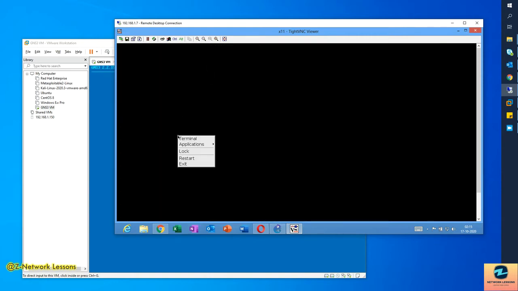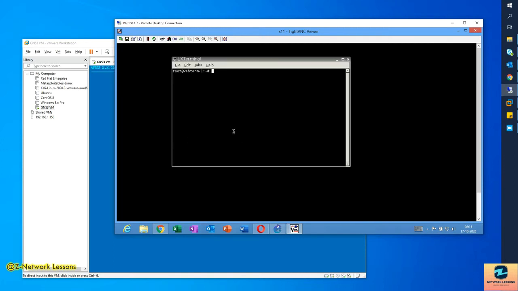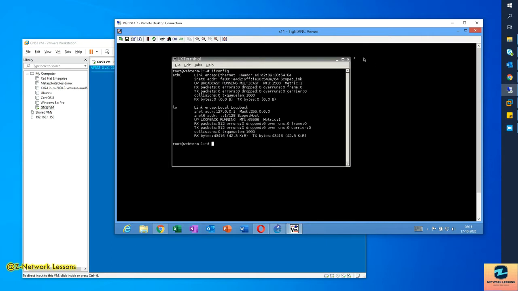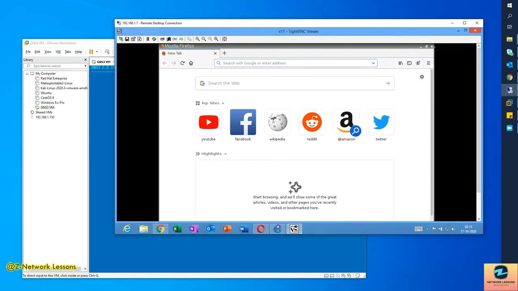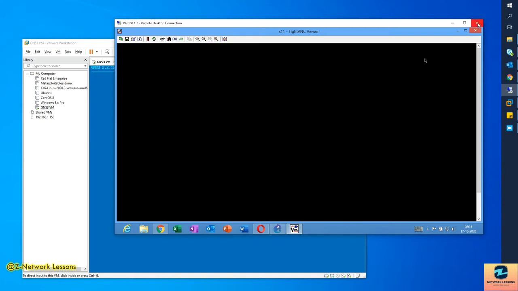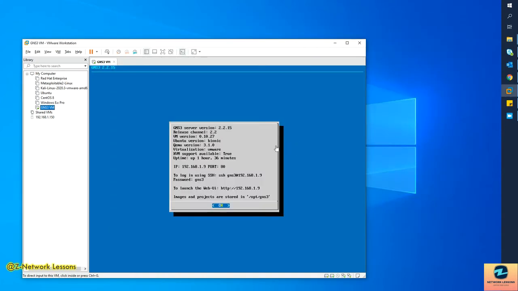If you click here, then you get the terminal here. You can go and see the IP address if you have some. If you don't have it, likewise, if you left click, then you can see the applications. You have the Mozilla Firefox. You have the networks, Telnet you can do. You have the monitoring tab. You have the shell, you can run bash and sh. And then you have the X terminal. So you can run the web browser to access the GUI of any of the firewalls or something. Okay, that is it, and let me just close this.